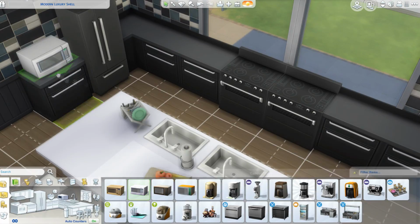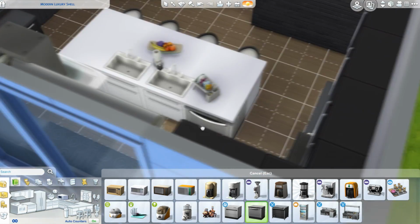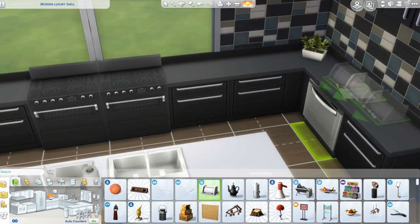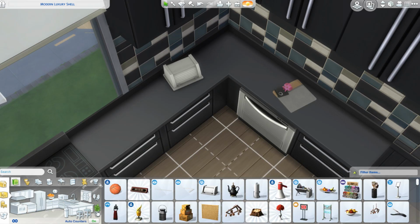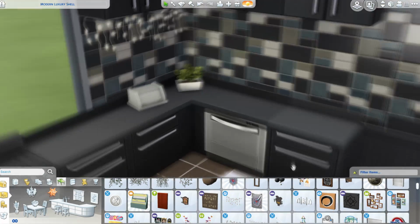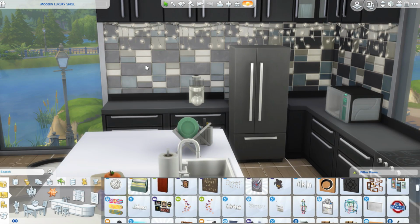Something I've really never done in a kitchen before is put a desk. When I did a collab with Miss Griffey, where we did the furnish off or the build, what did we call it? Furnish off or like decor battle. She also did another episode with Thomas TV. I keep talking about Thomas, but Thomas is a great simmer, so you go check him out. I did that with her, and then she did another one with Thomas if you want to go check it out. But anyways,